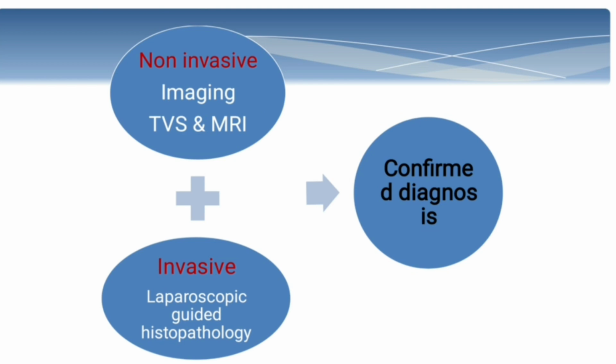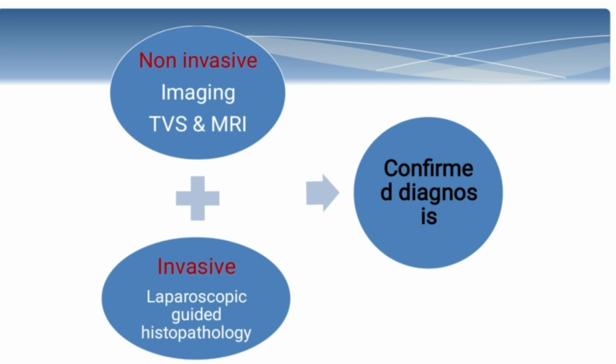Okay, we will see the modalities of diagnosis. There may be invasive and non-invasive protocols for diagnosis of adenomyosis. In case of non-invasive, that is imaging, and imaging includes transvaginal sonography and MRI. In case of invasive, that may be laparoscopy-guided histopathology, and histopathology is the gold standard diagnostic protocol for adenomyosis,